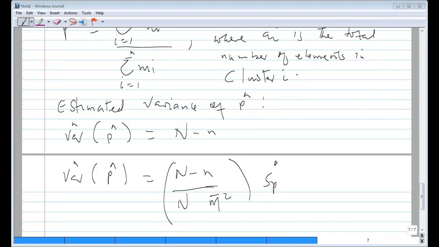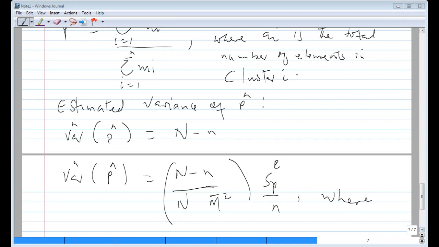Estimated variance of p-hat is (N minus n) divided by N times capital M bar squared, multiplied by s_p squared over n, where in this case s_p squared is the sample variance of the proportion,